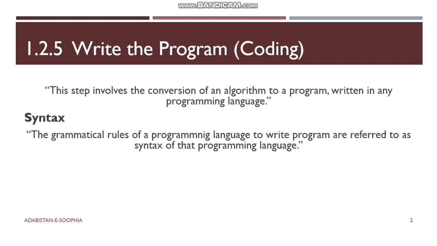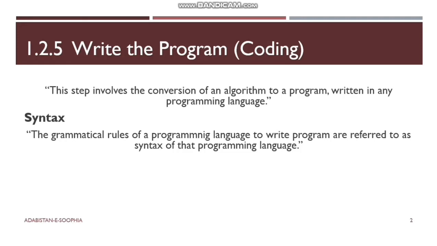Now we have low level language. What is a low level language? A low level language is a language that is directly understandable by the computer, not by humans. This is written in machine language or assembly language, and these languages are in the form of binary digits, 0 or 1. This is difficult for humans to write because humans cannot all the time write the combination of zeros and ones to give the input to the computer for processing. That's why they use high level language.